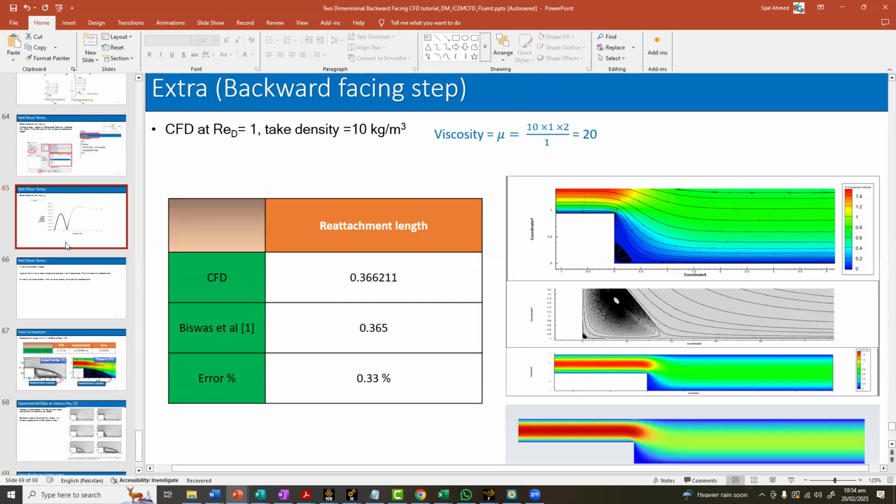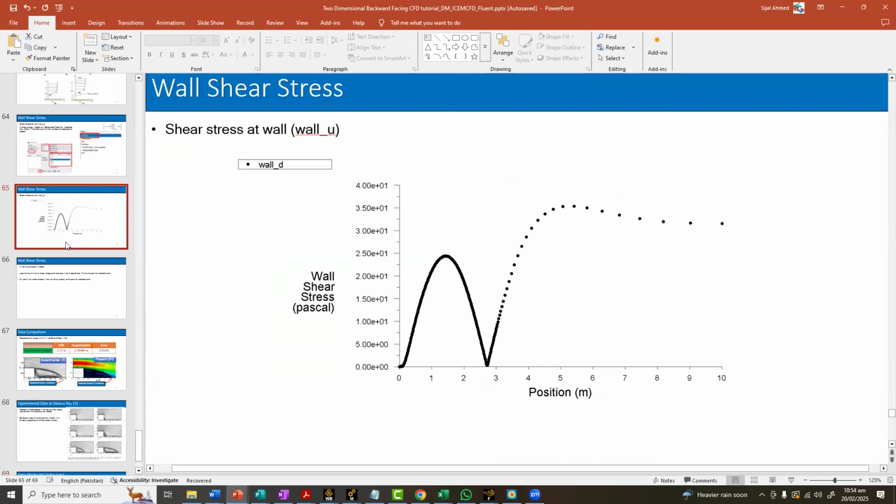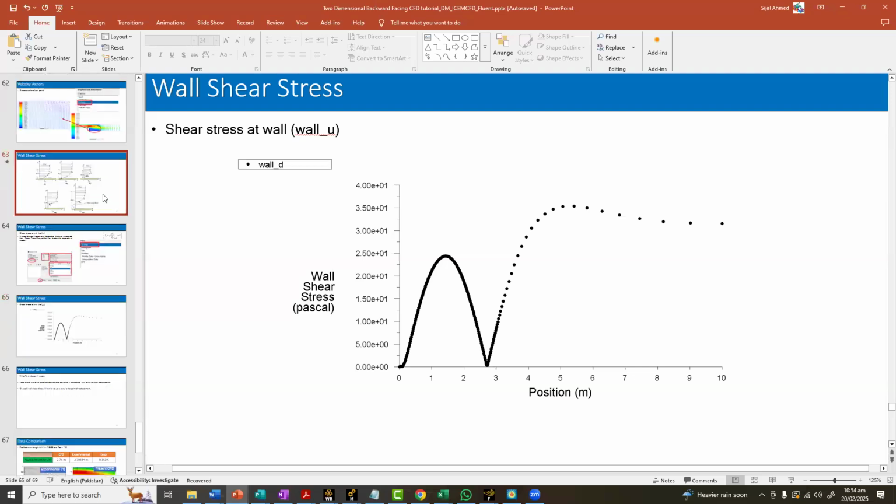Number two, an important thing: if you want to observe the separation and reattachment of the flow, how can that be observed? Whenever flow is going to separate, in terms of the boundary layer, what will happen is that before separation,